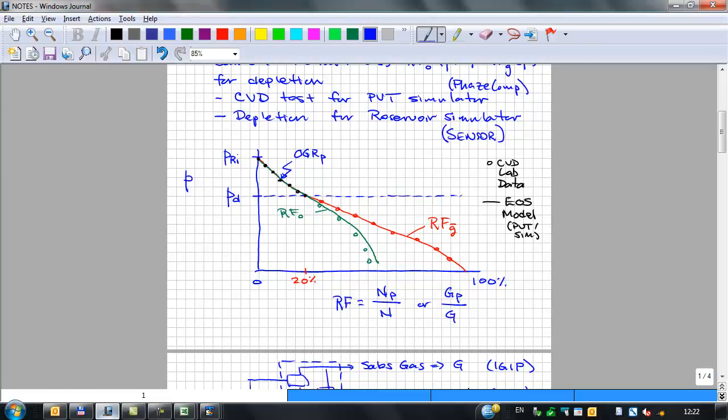If you have high quality PVT data, the symbols, you want to make sure that your lines go through those symbols as closely as possible. Okay? That's your PVT quality fit. I mean, it's the quality check on how well your equation of state describes the PVT data, which next week